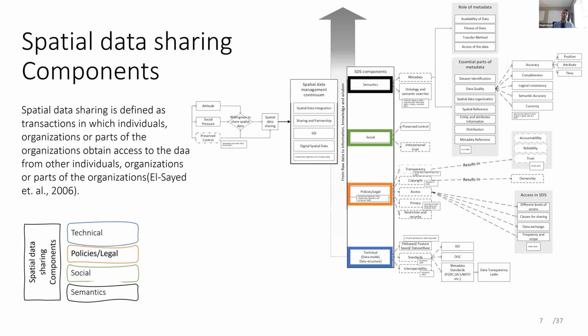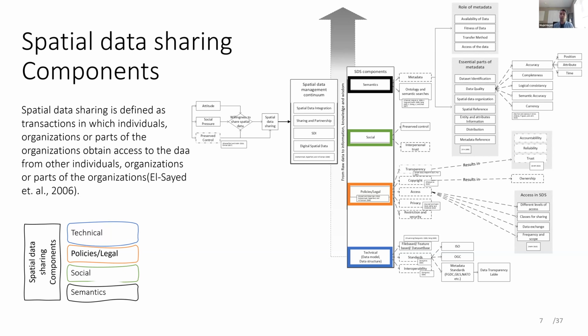So if we want to get a bit deeper into the concept, we need to know what spatial data sharing is. If we look at spatial data sharing, we can break it down into four main components. From the technical part, there are data models, data structures, and standards that already exist for centralized systems. And as we know, OGC is playing a big role in defining those standards. We also have policies and legal aspects of data sharing, like access, privacy, copyright, and related concerns. We have social concepts and the semantics of the data that is being shared over